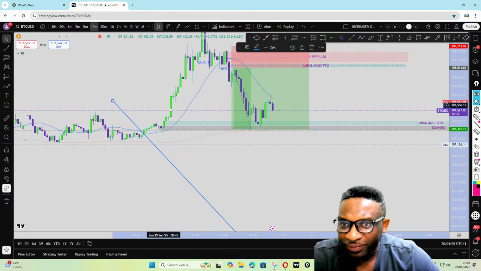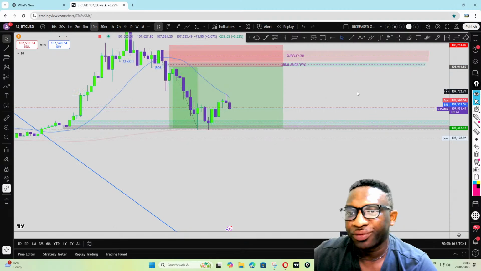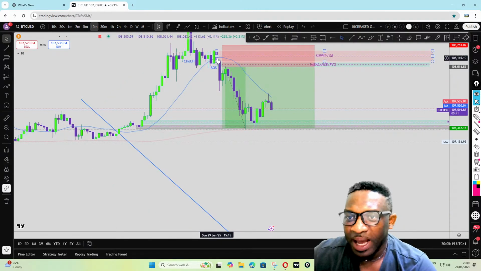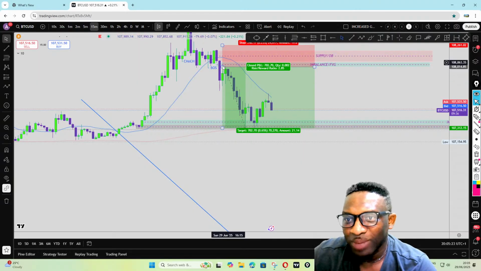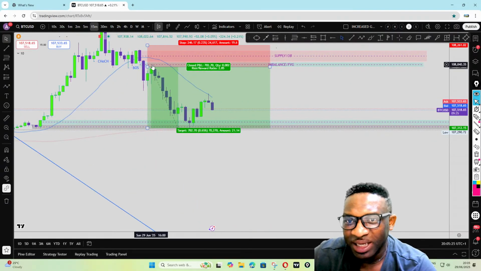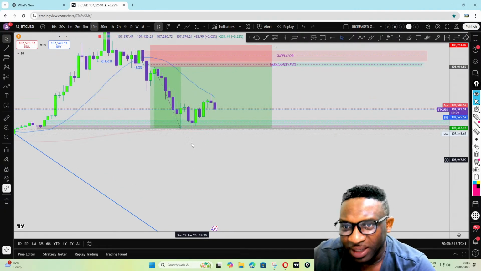We also have these areas of imbalance here that said no retest, no entry, no retest, no entry. So as we had a break here, I waited for the retest to my zone. So price tapped into the imbalance area and then sold off to my targets, giving me a nice